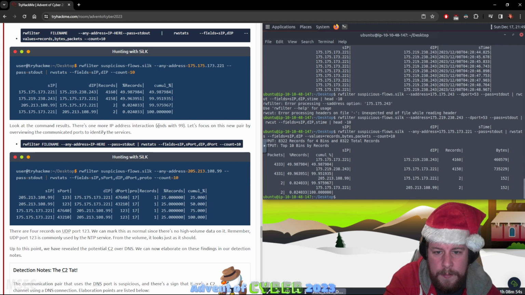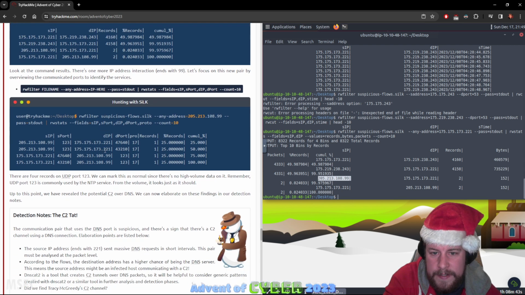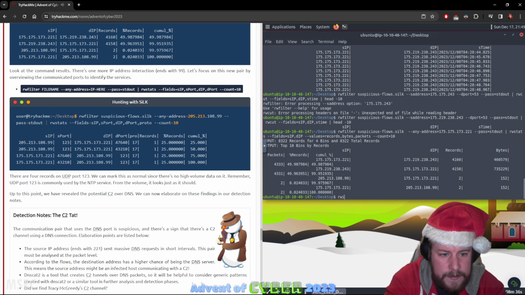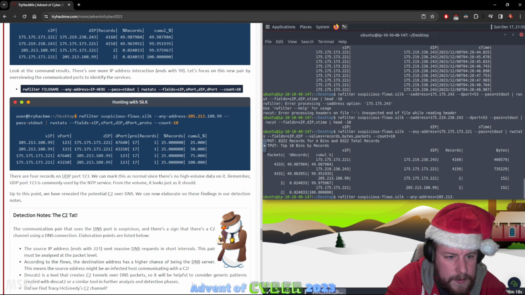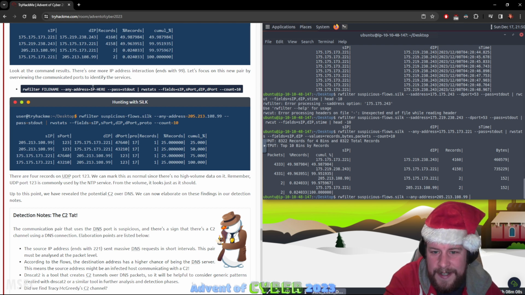So if we look at the command result, it says one more IP interaction ending with 99. And we'll focus on this new pair by overviewing the communicated ports to identify the services. So for this one we have to do rwfilter, suspicious flows, any address, 205.213.108.99. Oh, it actually gives you the thing in the output. Why do they obfuscate it here and then put it there? Anyway,